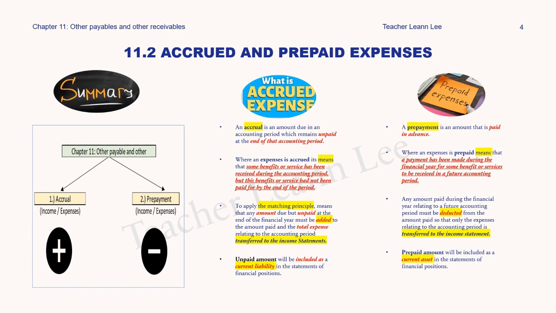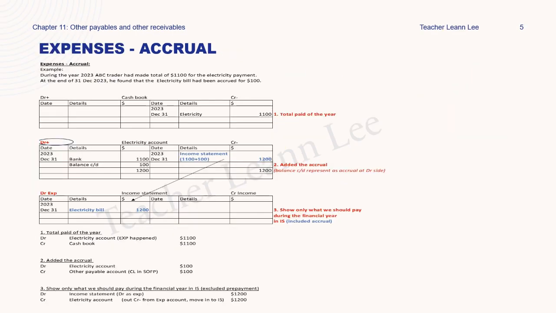Okay, now when there are prepayments in the expenses, we need to minus them out because I'm paying in advance for future payment. The meaning of prepayments can be explained as a payment that has been made during the financial year for some benefit or service to be received in a future accounting period. This one is very important because they usually will ask it in the IGCSE short theory question part. Any amount paid during the year related to the future accounting period, I must deduct from my T account calculation, and then later transfer the actual income statement amount into my income statement expenses area. The prepayment amount will be included as a current asset in my SOFP. Now I need to show you how